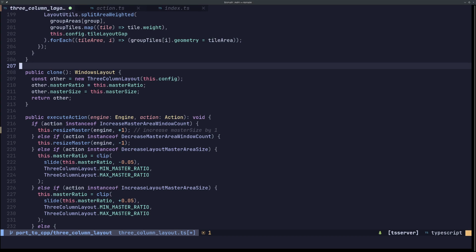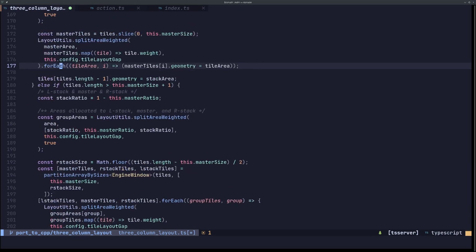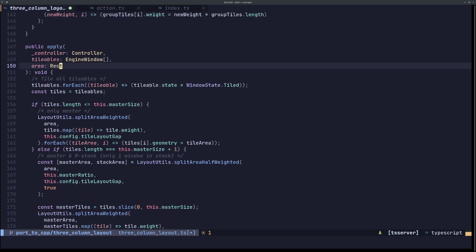I mean, usually what you will need, right? You will need increase master area window count, decrease master area window count, decrease layout master area size, and increase layout master area size. What else might be required is focusing between windows, and that is different. That is totally different. You don't need to worry about it, right? But